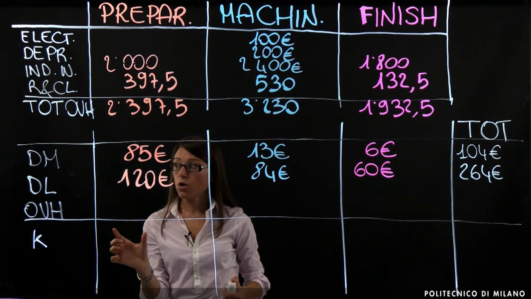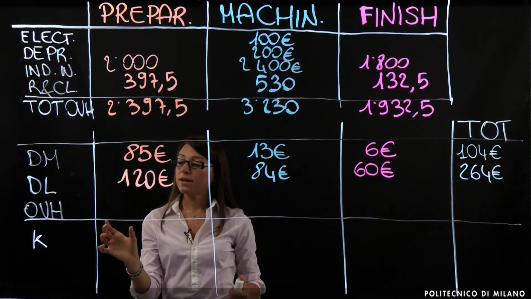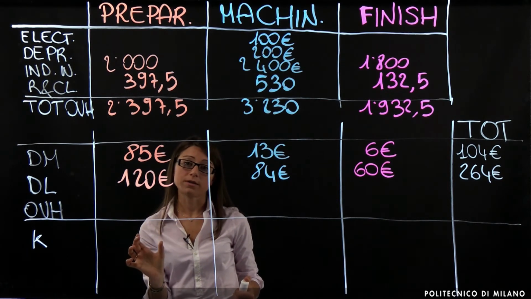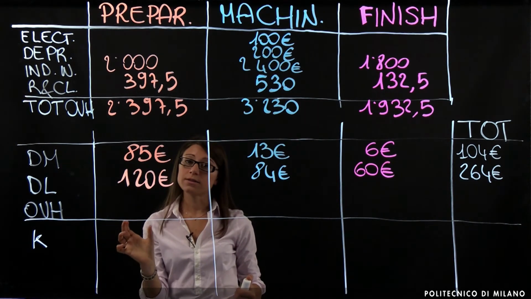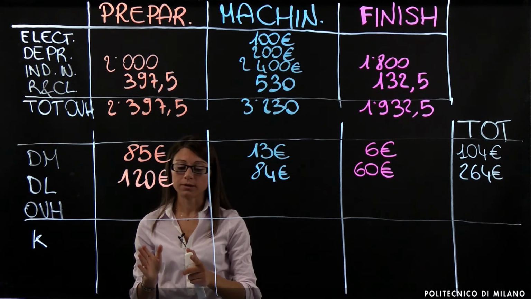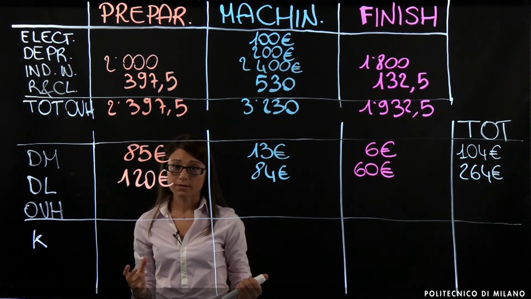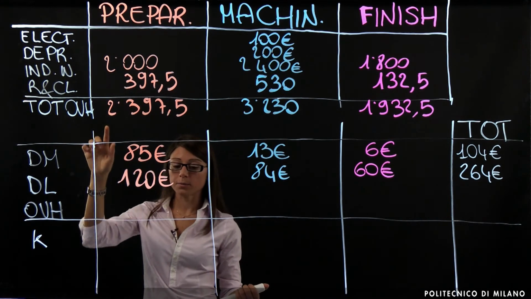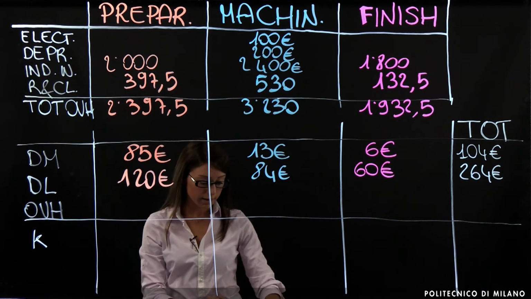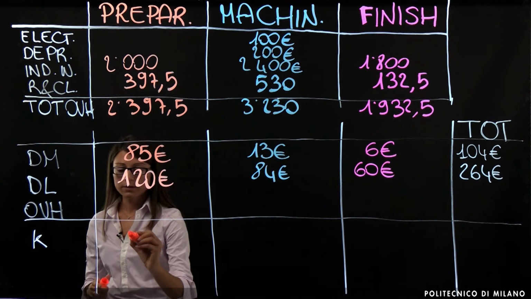What's the total value of the direct labor hours within the preparation department? We have that every direct worker works 160 hours. If we multiply these 160 hours by the number of workers that we have within the preparation department, that is 6, we can identify the value of our allocation basis. So if we divide the total overhead by the total direct labor hours given by 160 hours by 6 workers, we can identify the value of K within the preparation department, that is